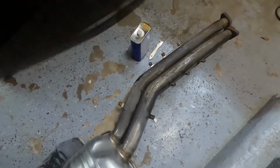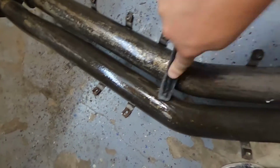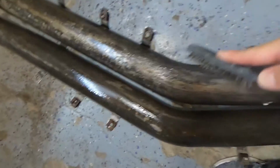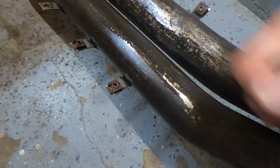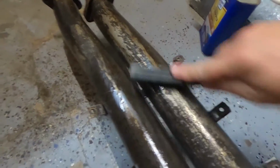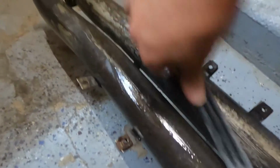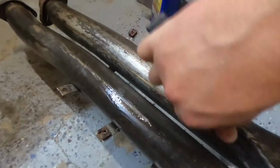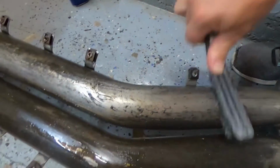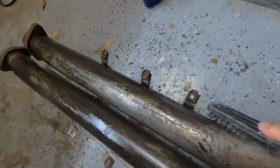So let's get this thing coated. You can kind of see how easy some of this stuff comes off, and other stuff is super caked on. So we just have to keep scrubbing. Like right in here, a lot of this stuff is rust too. So we're trying to take off a bunch of this stuff. But you can see like right there, all this just cleans up really nicely. Some areas are tougher than others, but